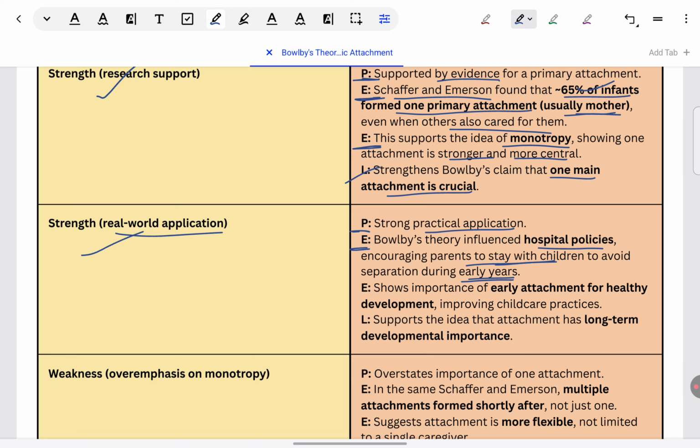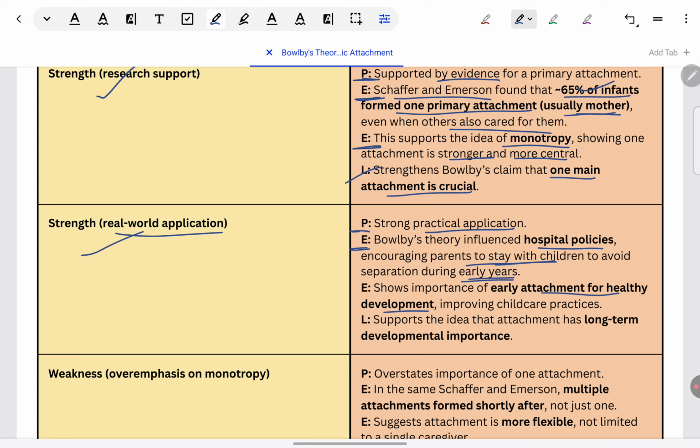They would allow that child also to come to visit the mother only during visiting hours. Now, many times they allow the mother to be with the first child also, because even that child is in the critical period many times to form that one important attachment. So there also, hospitals have become more relaxed.